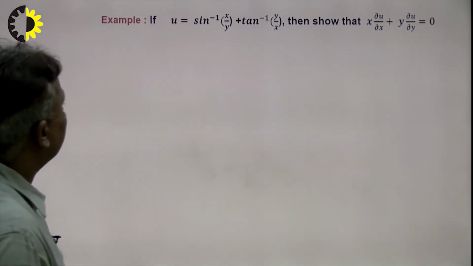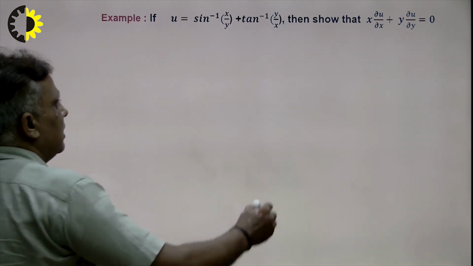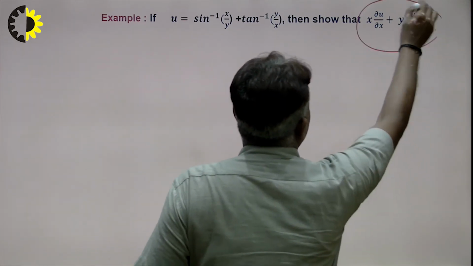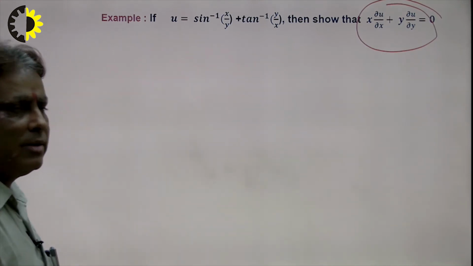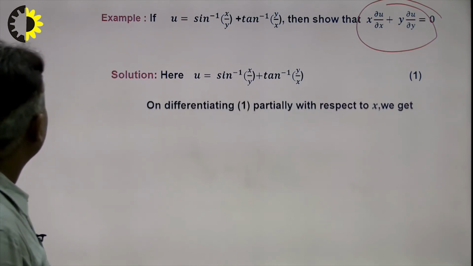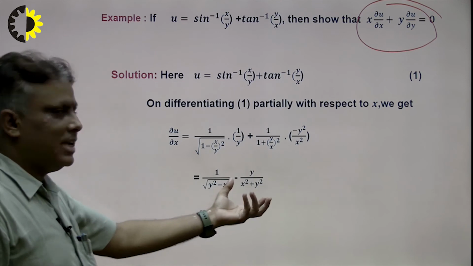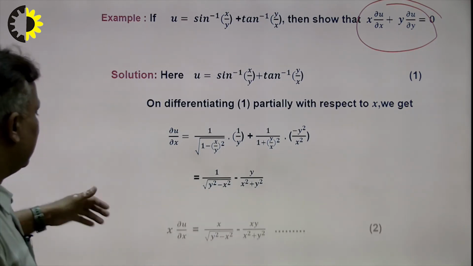So in this way we can find out another problem. This is another criterion, and students should solve it for self practice, because this is equal to 0, as in the previous question. In this way, first we find del u over del x: I differentiate partially with respect to x and multiply on both sides by x, and we see the result here will be this.